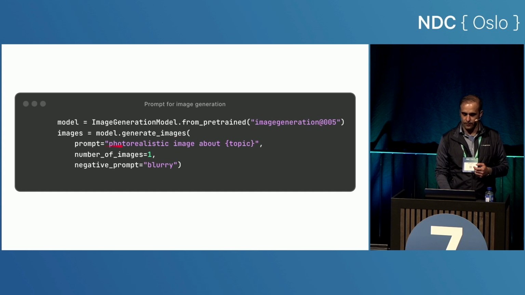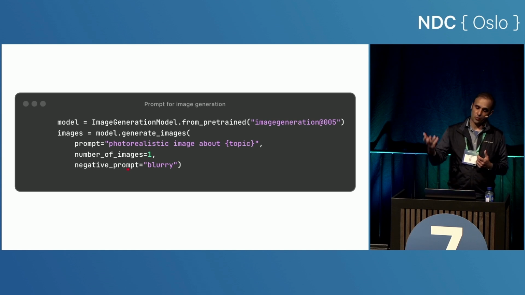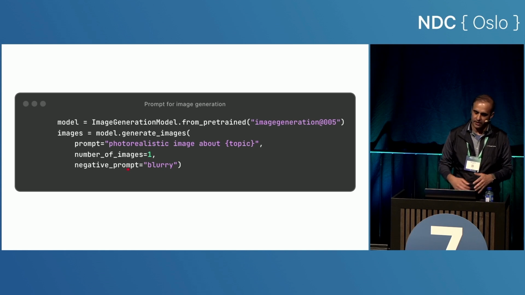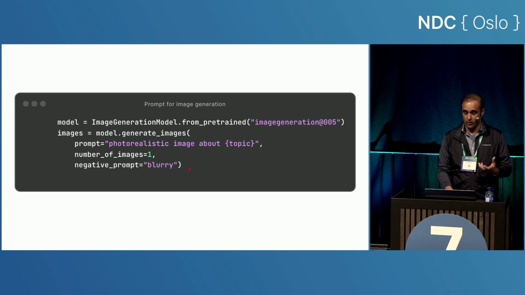And then you have your prompt. In this case, our prompt is very simple: photorealistic image about topic. Then you can specify the number of images you get back, in this case just one. And you also have this negative prompt where you tell the model what you don't want. In this case, we just said blurry. We could probably add more things here to make it more appropriate for quizzes, but this seems to work pretty well as well.